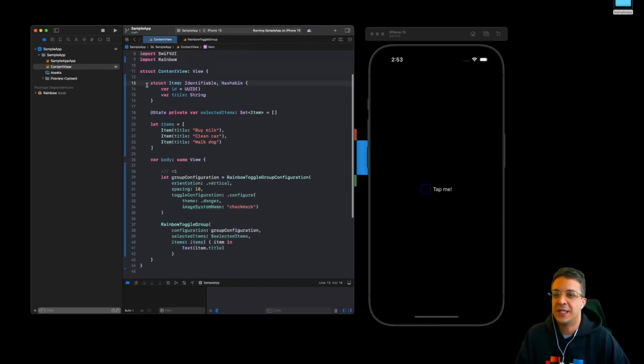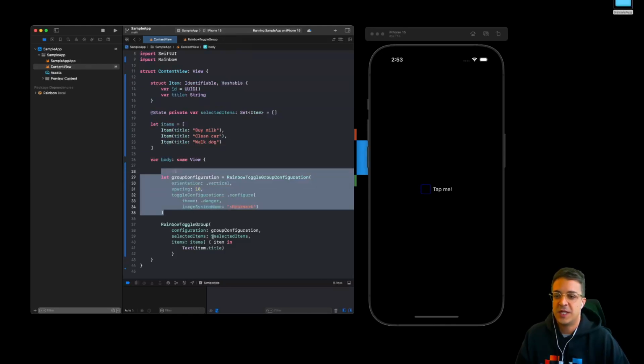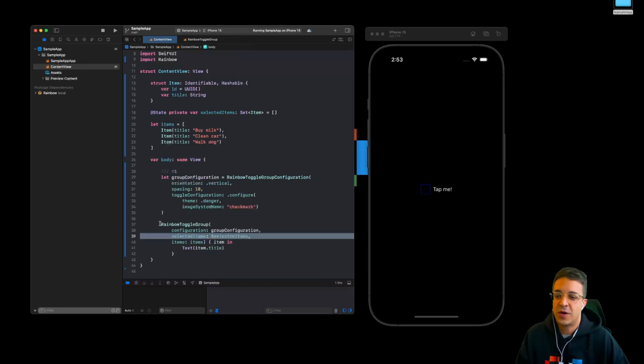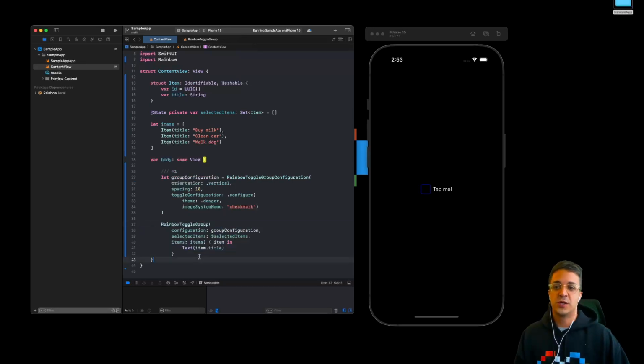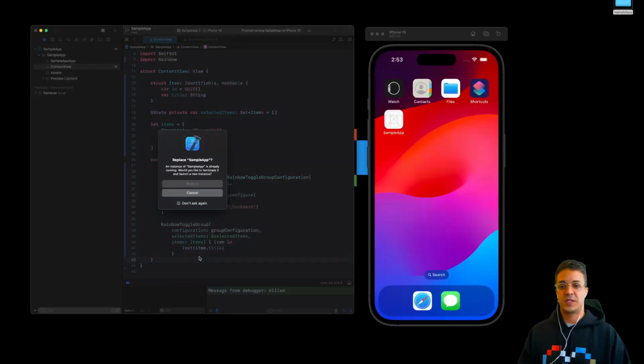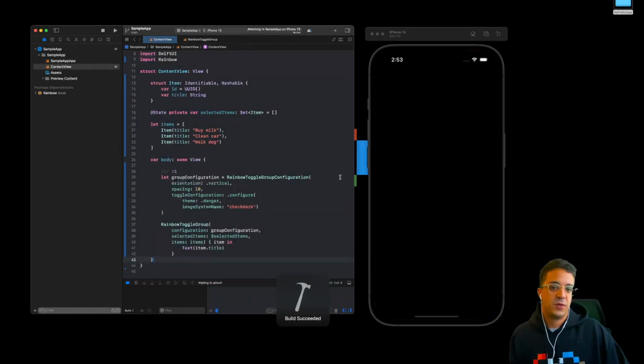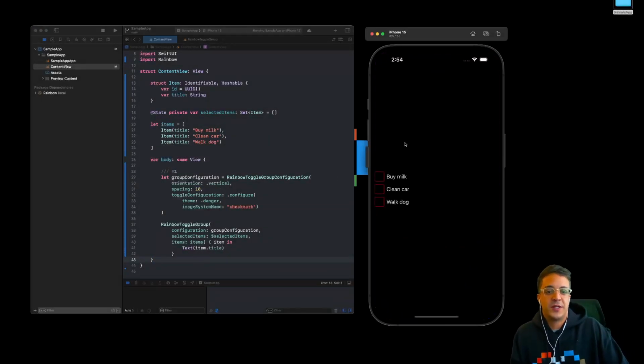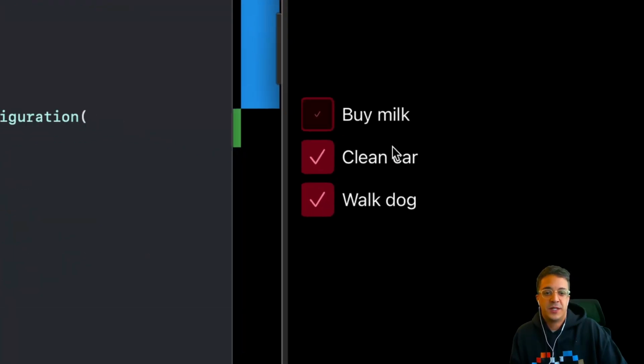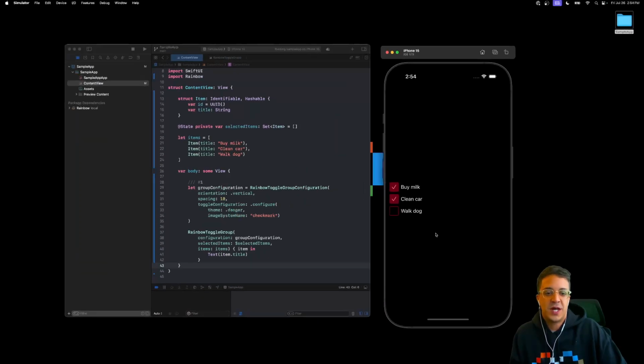So we'll just do a high-level overview. We have an item, we have selected items, we have the actual items we're rendering, we have the group configuration, and we have the toggle group being initialized. So let's go ahead and build and run and just see what we get. What does Rainbow give us out of the box? All right, so it's giving us this list or toggle group. You can see here we can toggle them on, toggle them off,